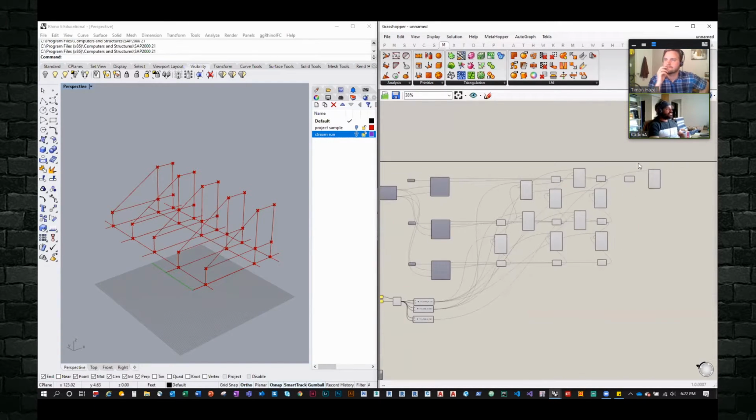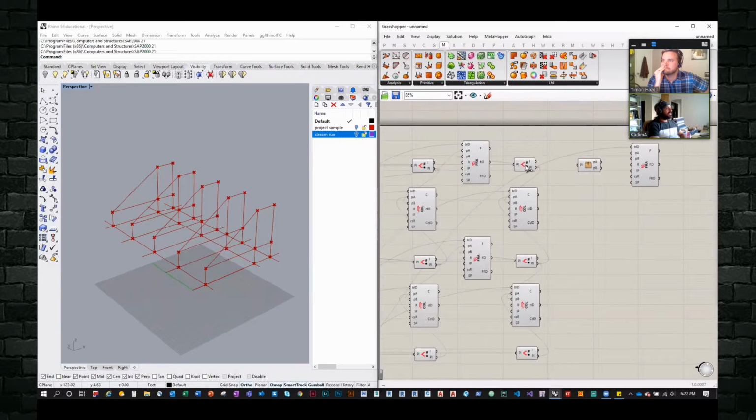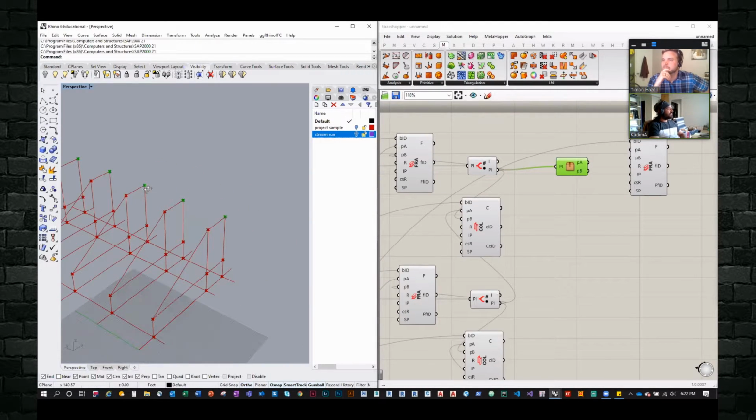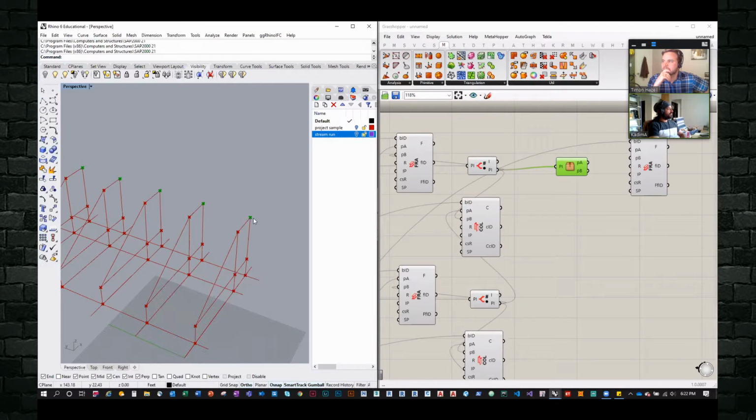Okay, so back to these girders. What this cluster does is it takes these points and basically shifts them. It takes this set of points, eliminates the first one, and gives me just these 4 as my point B, eliminates the last one, gives me the first 4 as my point A, and then I just plug these into here, and then I have my girders.